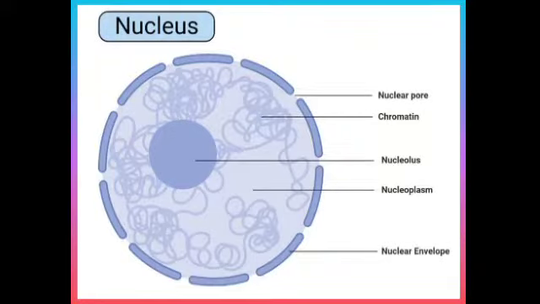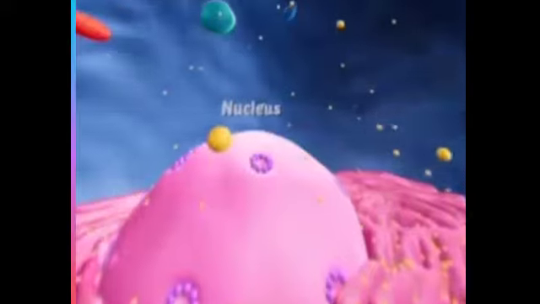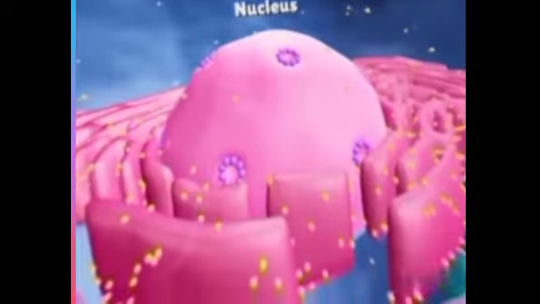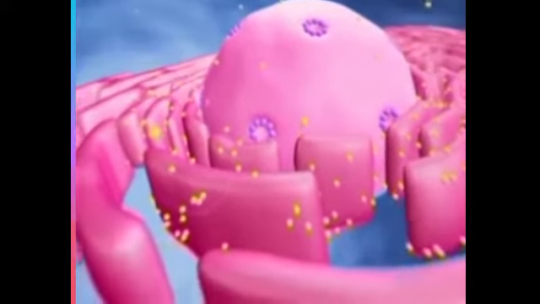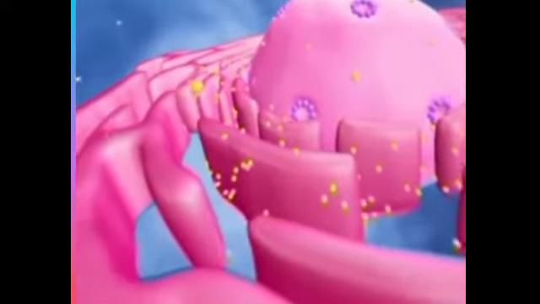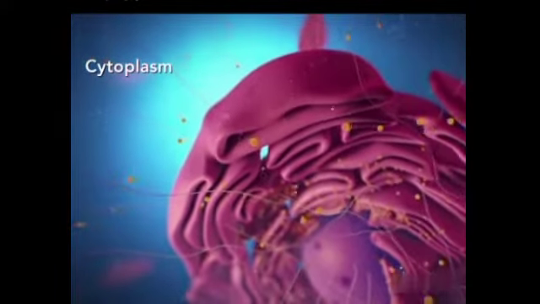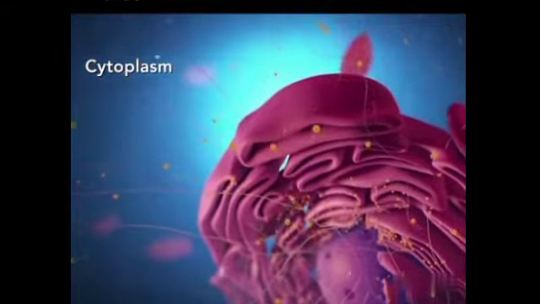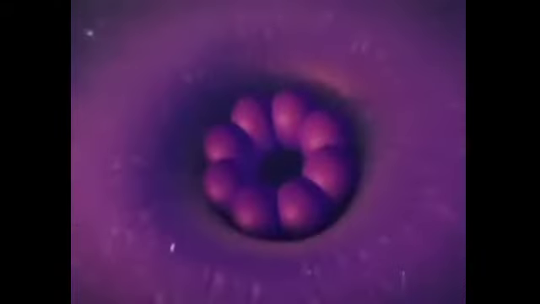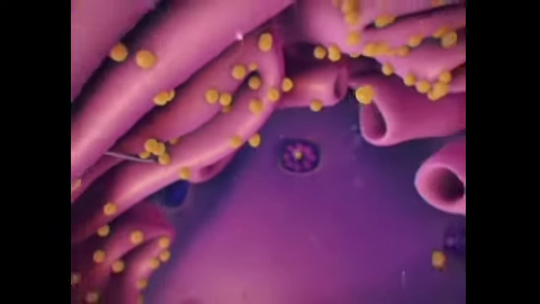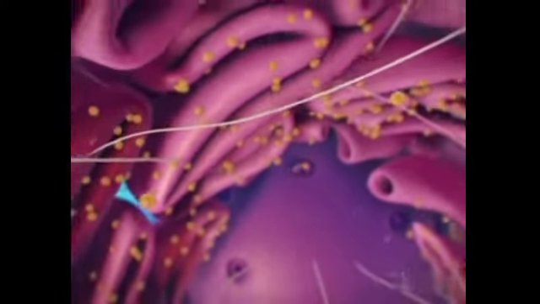The nucleus is bound by a double nuclear membrane forming a nuclear envelope. It connects the nucleus to the system of endoplasmic reticulum. The nuclear envelope separates the nucleus from the cytoplasm. It also contains many pores called nuclear pores, which allow the transfer of material from inside the nucleus to its outside.